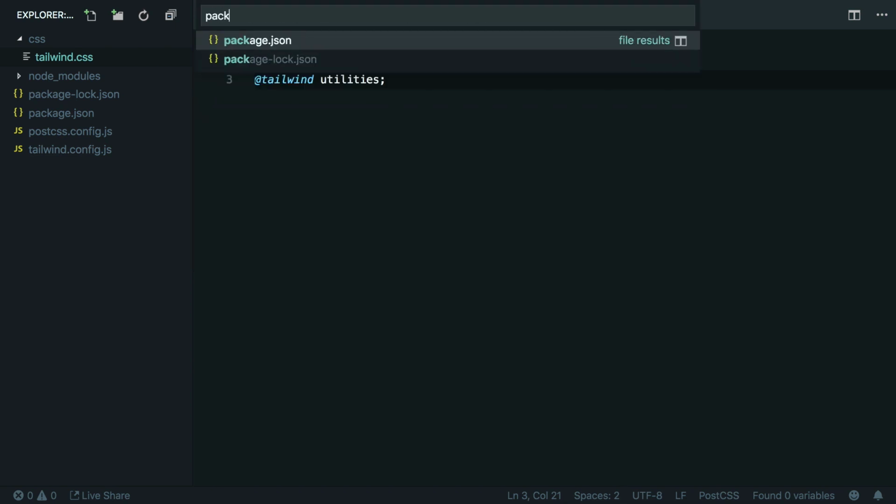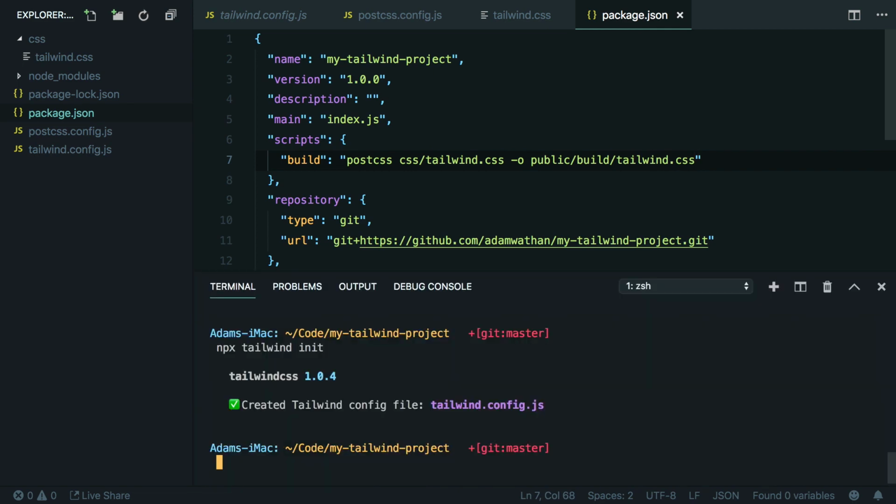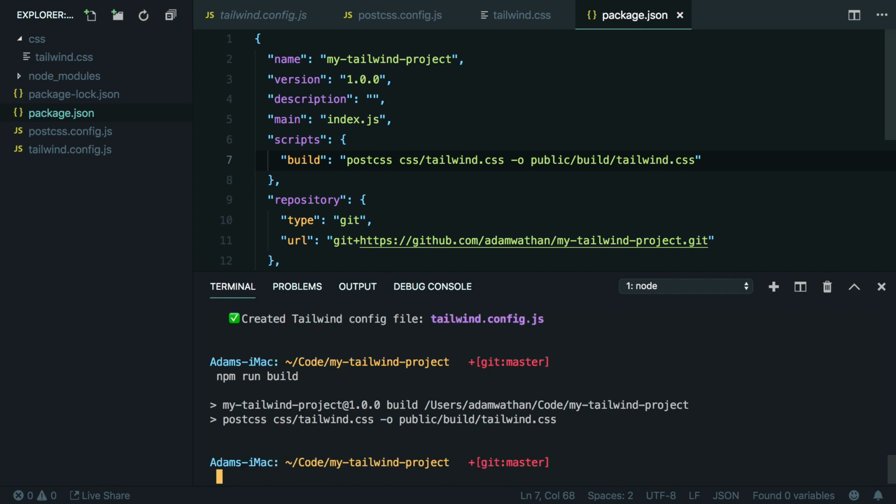I'm going to head over to our package.json file, and here where we have this test script, let's replace it with a build script. The way this is going to work is it's going to use the PostCSS CLI tool that we installed, which we can reference as just postcss. Then we just need to provide an input file, which is going to be our css/tailwind.css file. And then we need to specify that we want to write this to an output file, maybe something like public/build/tailwind.css. Now, if we run npm run build in our terminal, this should generate a new CSS file